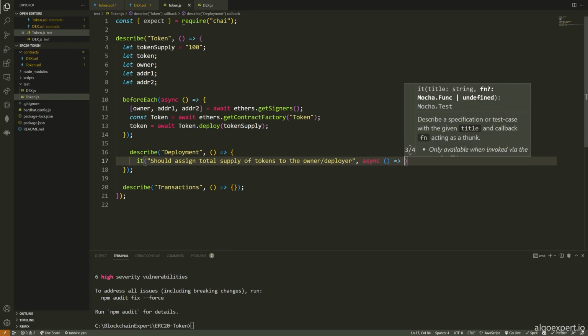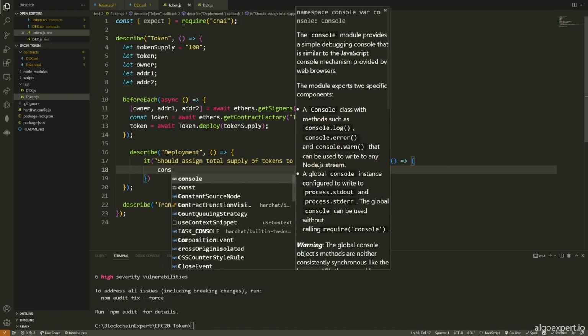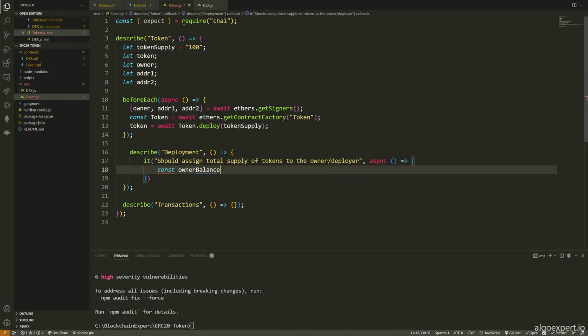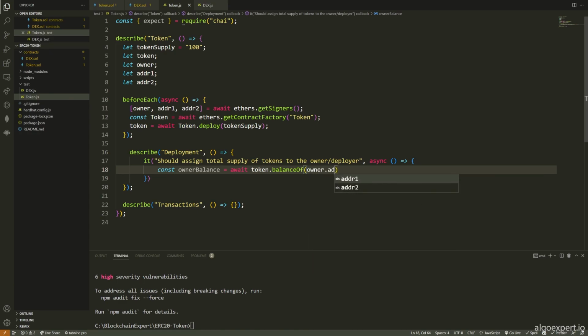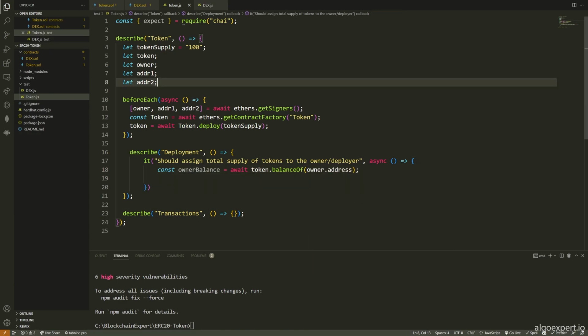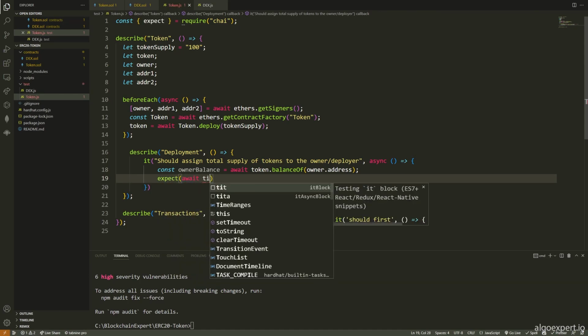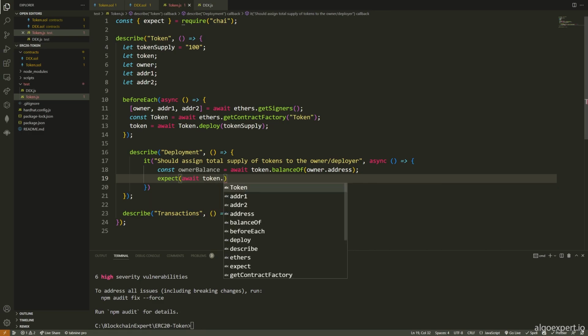This is going to be an async function again. Inside of here, we're going to say const ownerBalance is equal to await token.balanceOf, and for the balanceOf, this is going to be owner.address, which we have access to in the global scope. Then we are going to say expect, and then await token.totalSupply, which is another external function we have access to, .to.equal